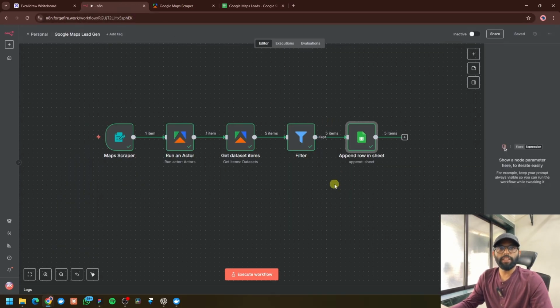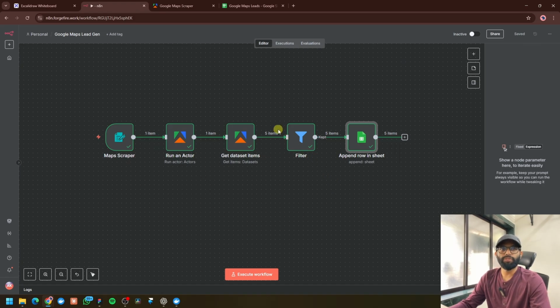So this was the basic flow of how we can scrape data using Apify in n8n without using any chat models. Of course, we can add chat models over here. We can get more creative. The possibilities are limitless. I'll try and come up with a more detailed workflow where we are actually using an AI model, our LLM model, to qualify the lead. But this was a very simple workflow, to just get the data,